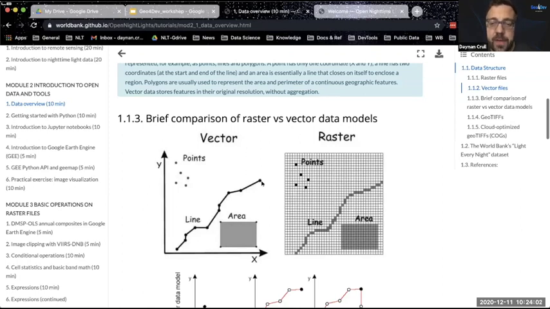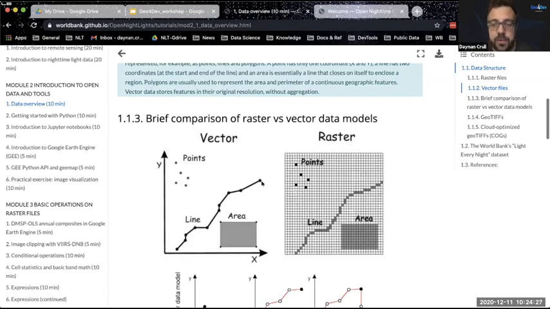But with a raster file, your minimum data point will only ever be as small as the pixel itself. As you can imagine, you might have a lat long that's so precise, it could get as close to a dime on the ground. But if what you're trying to get is the value of nighttime lights for that dime, the only value you can access is whatever that whole pixel value is, which would cover, in the case of VIIRS data, 742 meters by 742 meters.